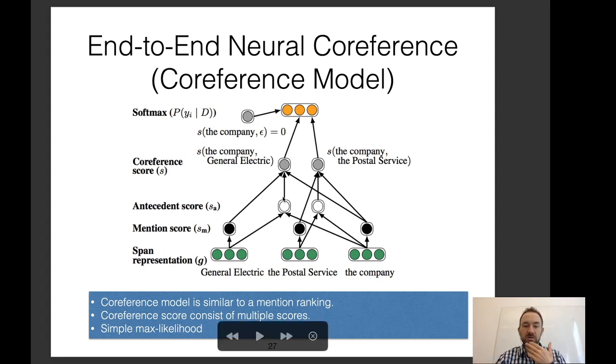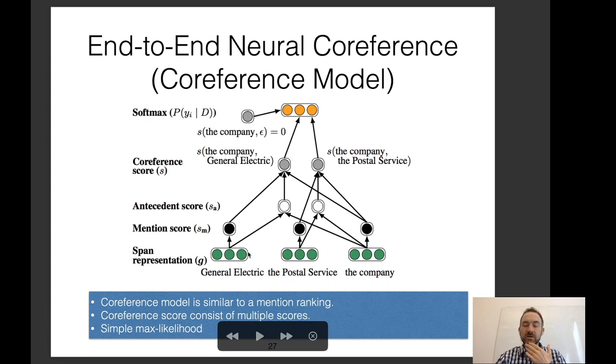And these could be fed through a multi-layer perceptron to calculate the score or something else. And once we've done this, if we have the company here, and we want to predict which of the spans is its antecedent, we now feed all of its antecedent scores, or all of its coreference scores, into a softmax and try to maximize the probability of the correct